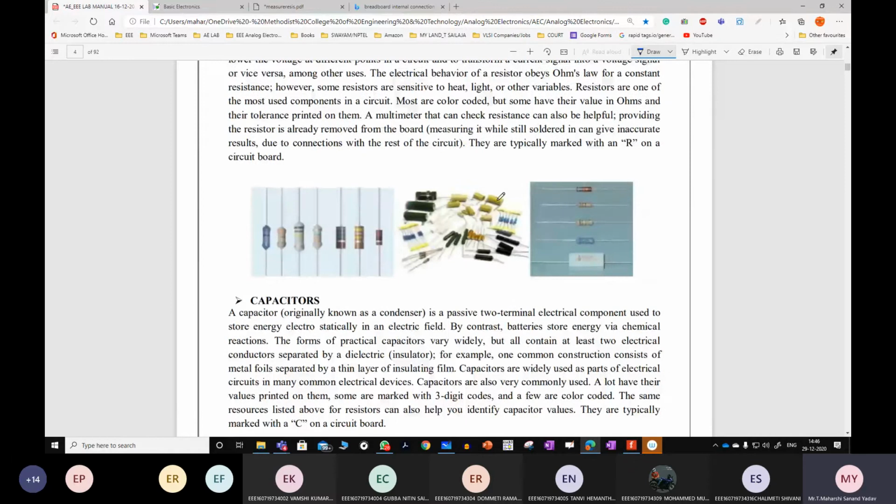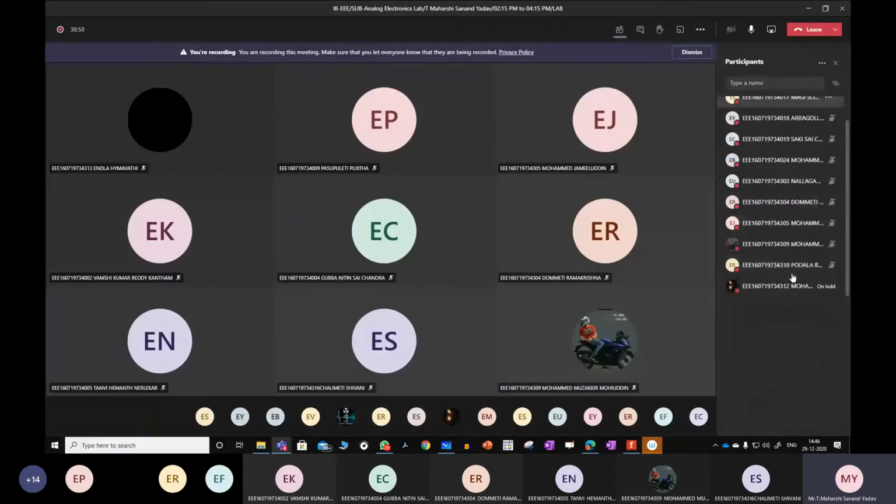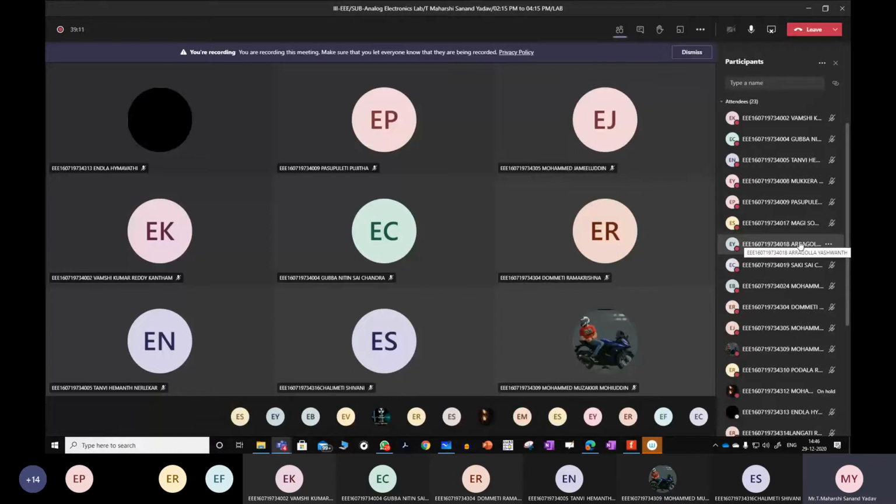And these are some of the types of resistors which you have seen. So is everyone clear on how to calculate the value of a resistor? Yes, sir. Let me call a number. Roll number 17. Saujanya, you are not at all responding. Next, roll number 18. Yashwant. Sai Charan.